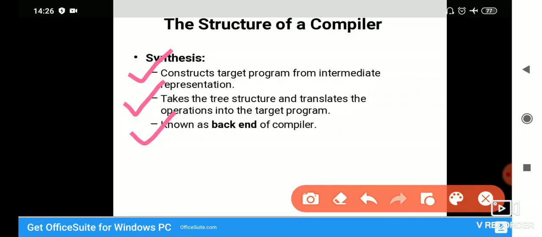In analysis, the source program is broken into pieces, converted to intermediate representation and recorded in the form of a syntax tree. In synthesis, the intermediate representation is converted to the target program by using that syntax tree structure, and translated into the assembly language or the machine language as the target program.